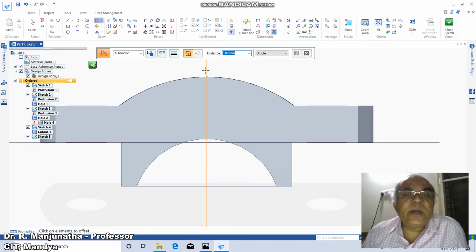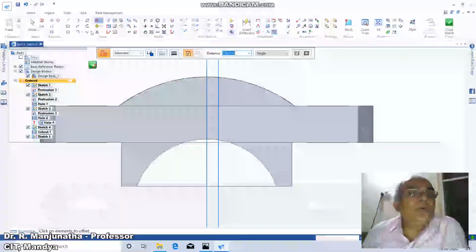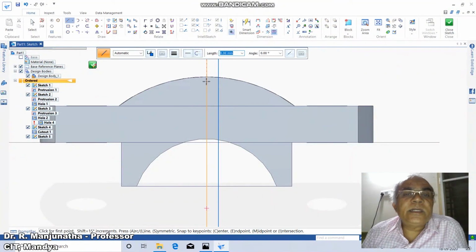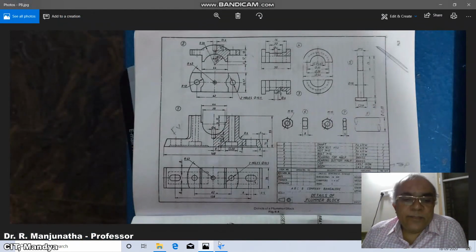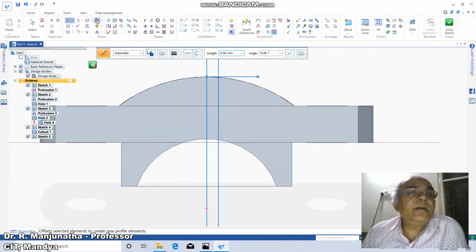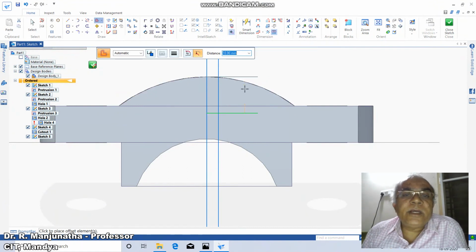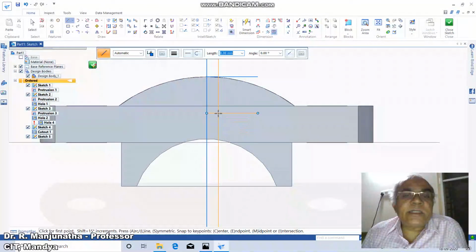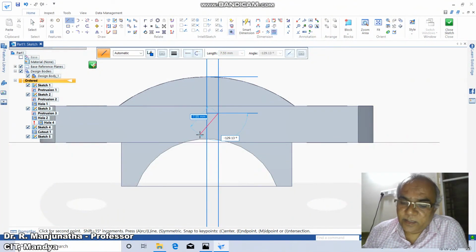Then go to Line, take the intersection point of this and draw a horizontal line. From here take 10 mm, so go to Offset, take the distance as 10 mm.